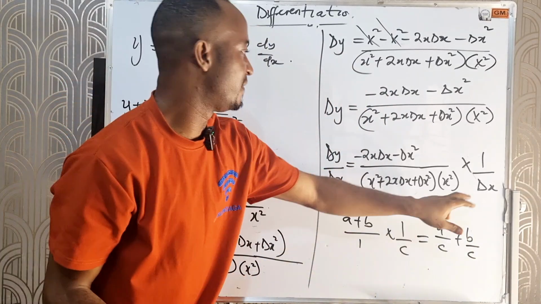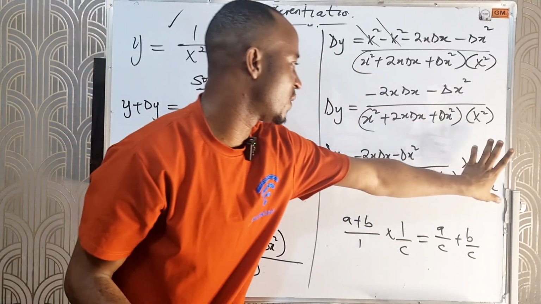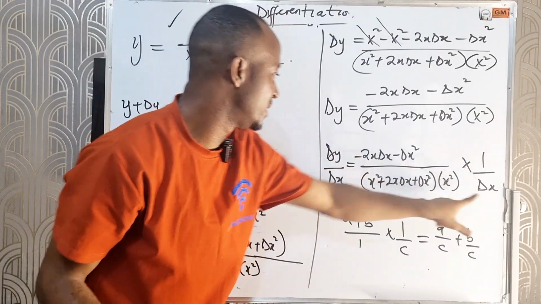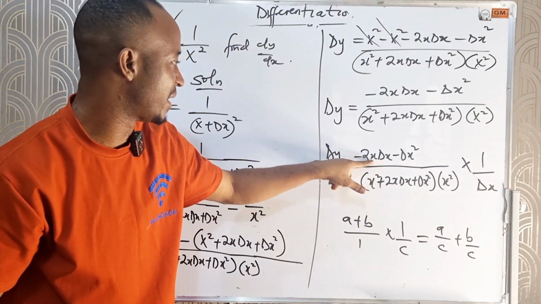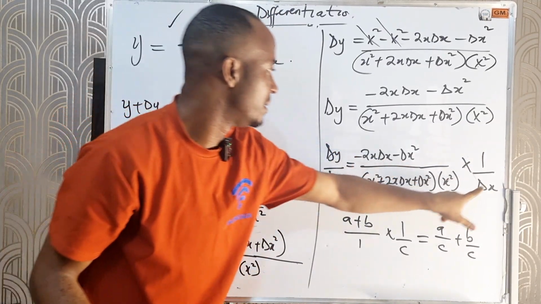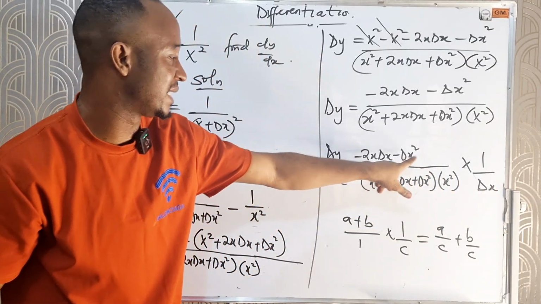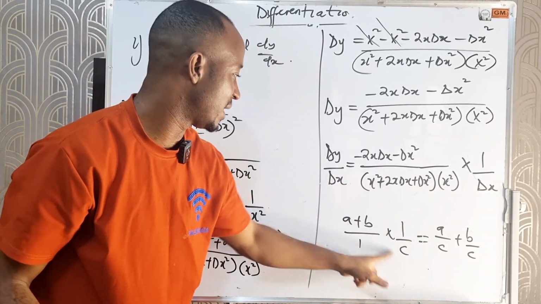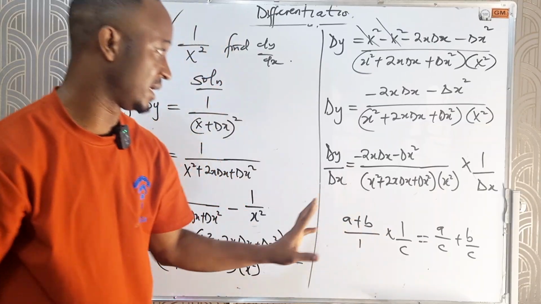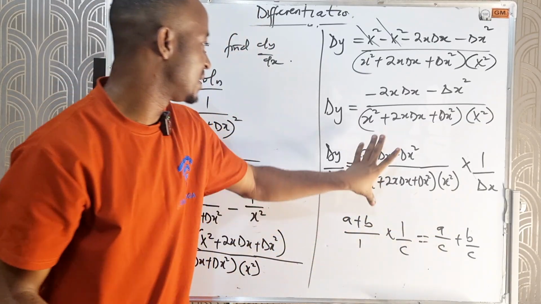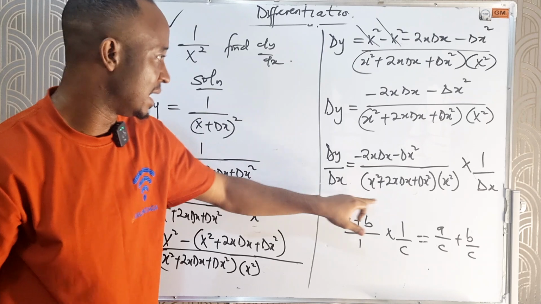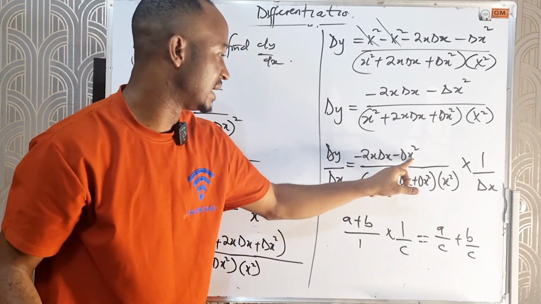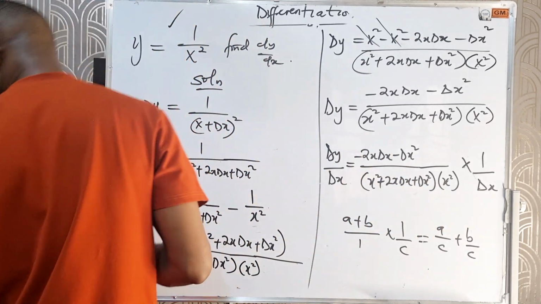Meaning that if I'm to multiply the whole of this now with 1 over delta x, it will divide minus 2s delta x, and delta x will also divide minus delta x squared, because this expression here will affect both this and this. Do you get the concept here? So while evaluating this, I will not multiply this with this. I'll just go ahead and divide with this and this. Is that clear? Okay. So by division,